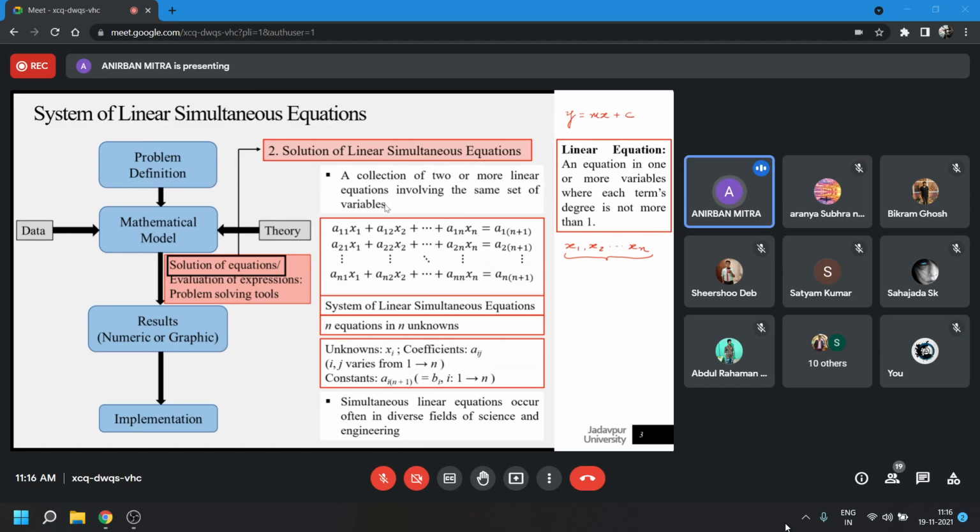science and engineering, and they describe the system behavior of varying number of physical systems. In fact, in our numerical analysis course, we have already come across a situation where we get a set of linear simultaneous equations. Can you remember where that is? Anybody? When we performed linear regression,